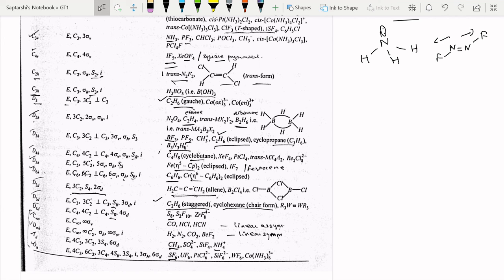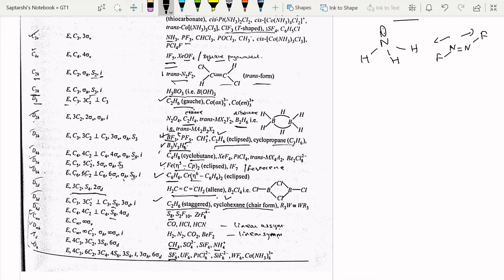And we have borazine, which takes the D3h point group, and the famous example BF3, right, which takes the D3h point group. Do see it for this one. It's a very simple one, and you can have a lot of your doubts cleared from this one. And ferrocene in the eclipsed form takes the D5h point group, and the ferrocene in the staggered form takes a D5d point group, okay. Benzene takes the D6h point group. The cyclohexane in the chair form takes the D3d point group,